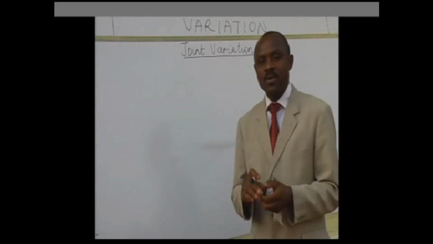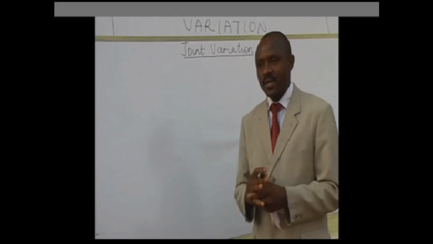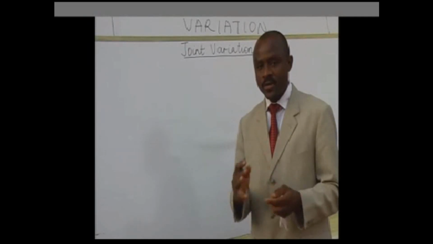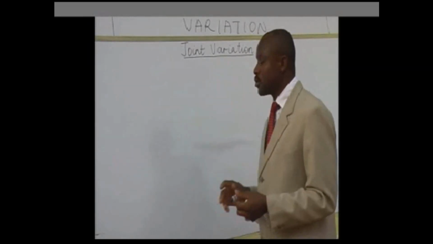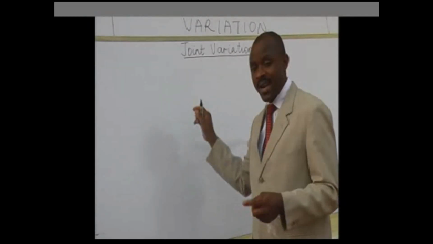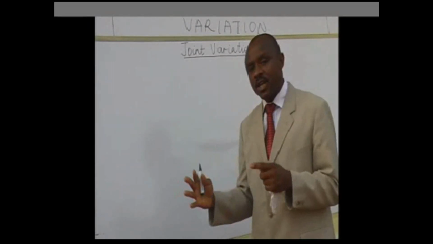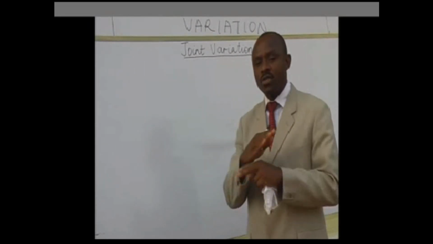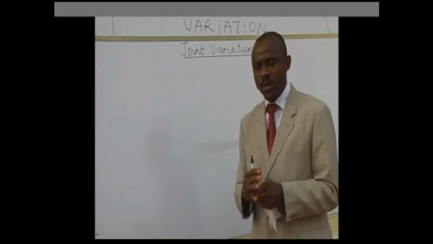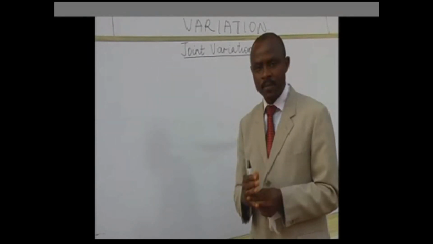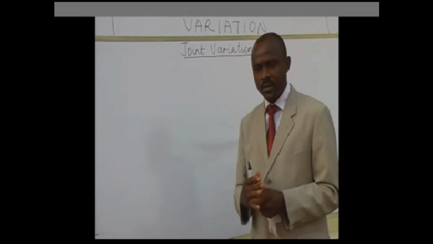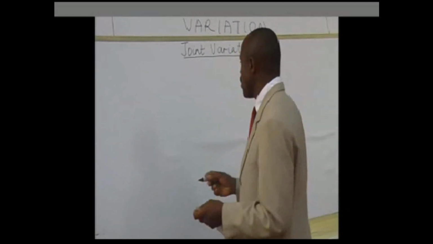We have been talking about direct and inverse variation all this time. I want us to discuss joint variation. After joint variation, the next batch of variation we are going to use, and draw a curtain on variation, is going to be partial variation. So in joint variation, it's a place where you have something like